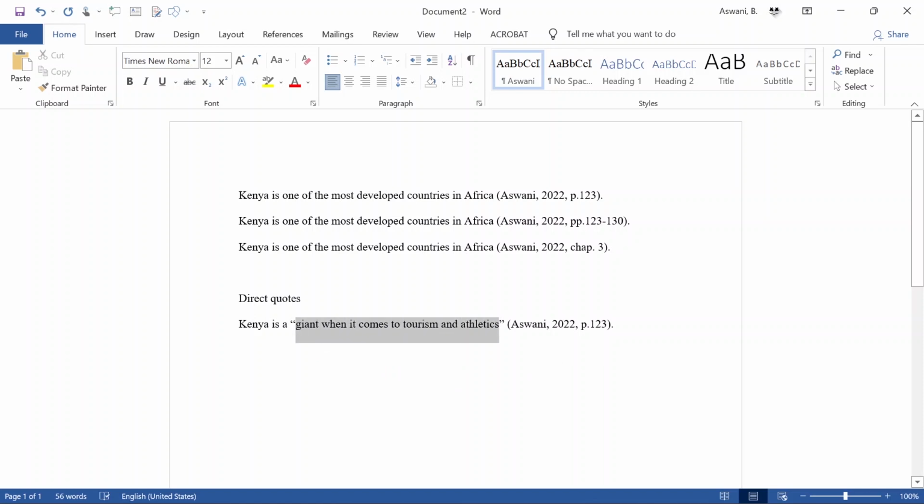This thing can be an article, it can be a book, but as long as you have a direct quote, please ensure you also include the page number, because in this case, you're not just referring readers to a point, you're actually referring them to a particular phrase within that article, book, or website. So make sure you include the page. If pages are not available, you can include the paragraph if it is possible to count the number